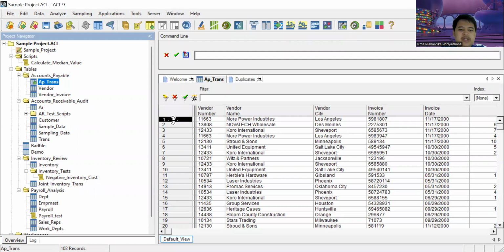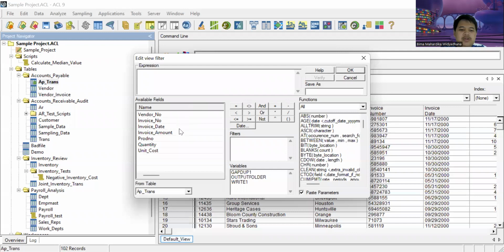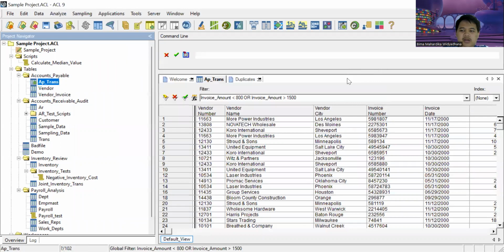We open the AP transaction table, and in the Edit View Filter, we choose invoice amount less than, for example, 800, or invoice amount bigger than, let's say, 1500. Then we click OK. Here is the result of the command on invoices slightly below the review threshold.